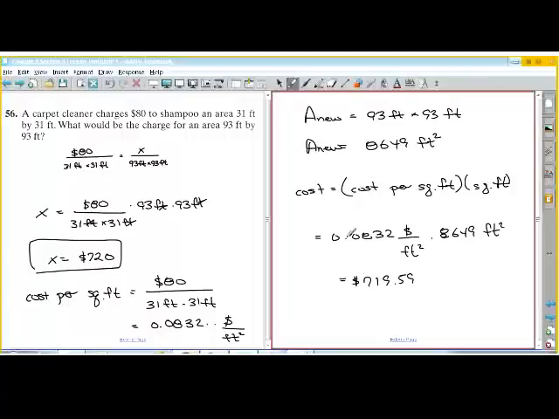$719.59. It's not exactly the same, and that's because I rounded this off to 3 decimal points. But you see, you get the same answer. This one seems a lot easier to me, by rewriting the problem as a proportion, and then when you put it into your calculator, you don't have any round-off errors. The only way I could not have round-off errors is by going out to however many digits my calculator has, and I'd still probably be off by something or other. So,